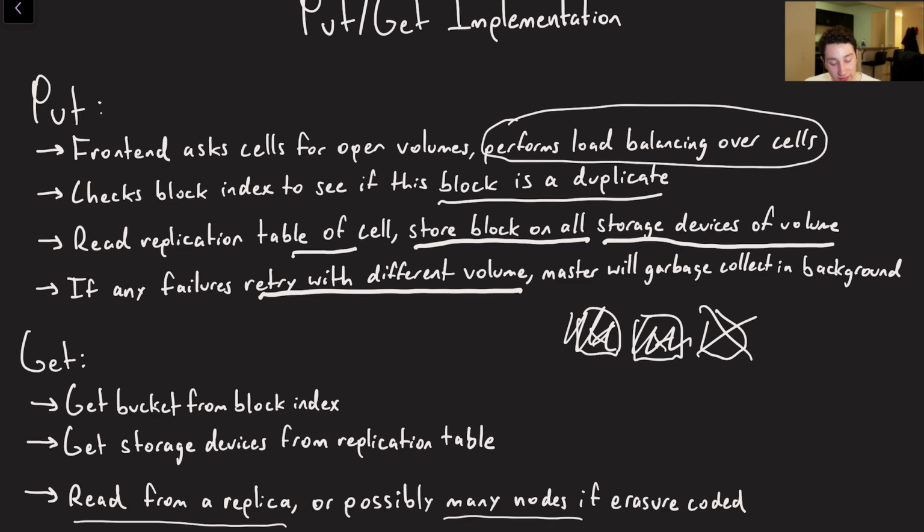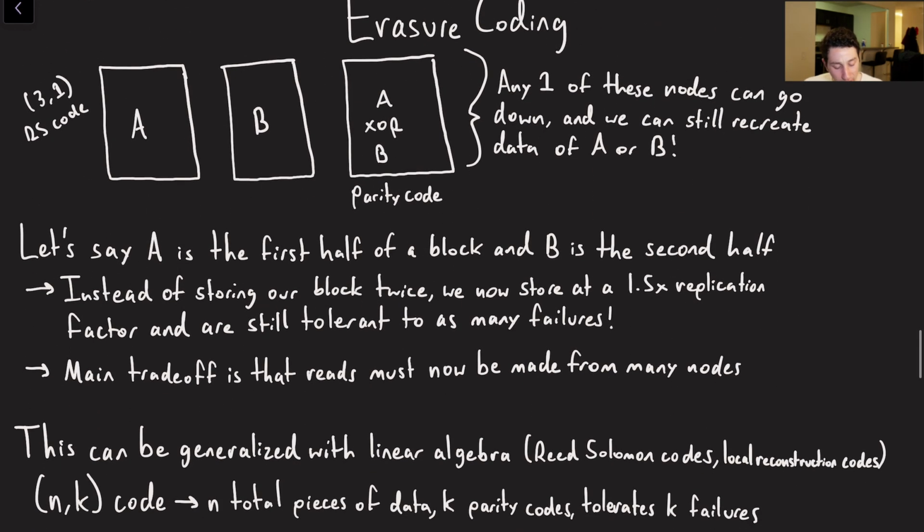We may have to read from many nodes at once. So let's talk about erasure encoding a little bit more. I keep calling it erasure encoding, but it's just erasure coding. So the main idea behind this is when you have an immutable piece of data, let's say that A and